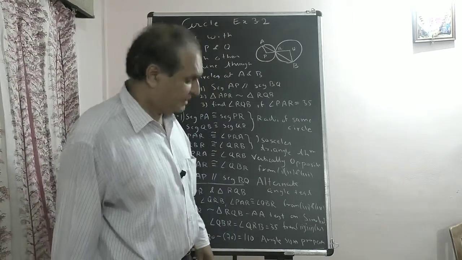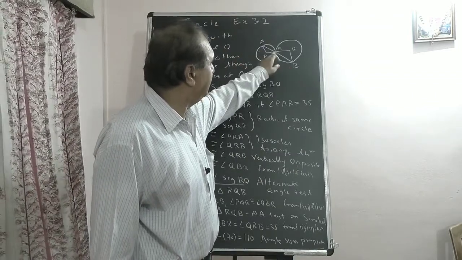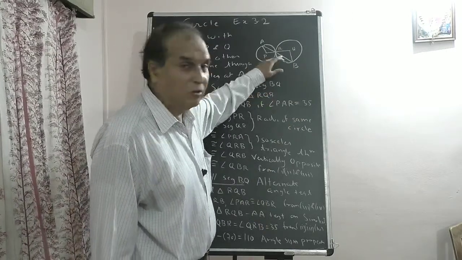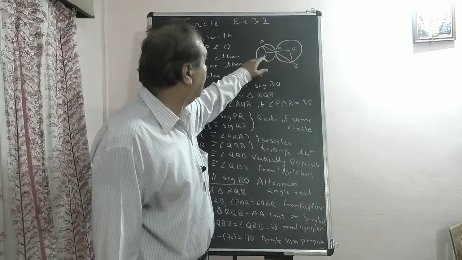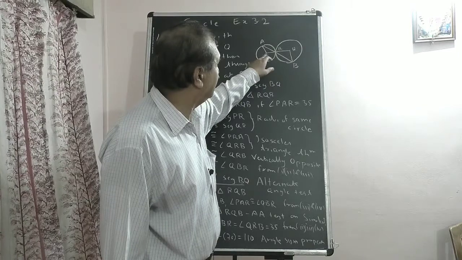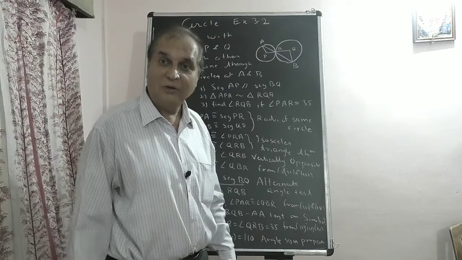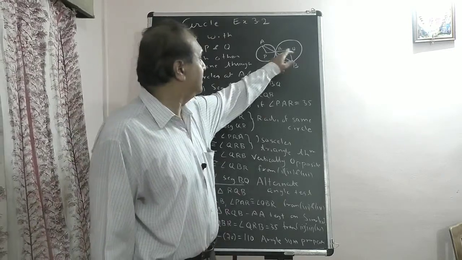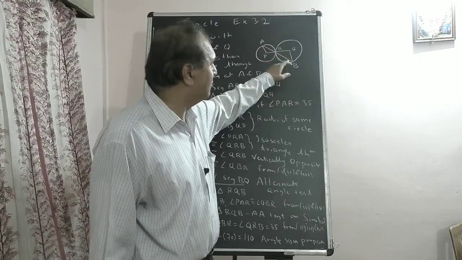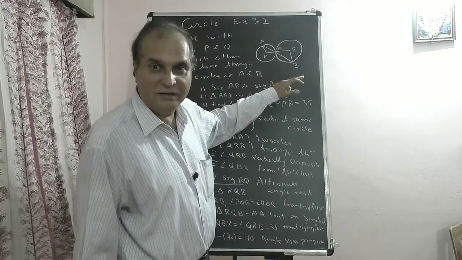Before understanding, see, angle PRA and angle BRQ are vertically opposite angles. So they are congruent. Vertically opposite angles are congruent. And PA equals PR, radii of the same circle. So angle PAR equals angle PRA, by the isosceles triangle theorem: if two sides are congruent, their opposite angles are congruent. Similarly, QR is congruent to QB, radii of the same circle. So by the isosceles triangle theorem, angle QRB equals angle QBR. So all four angles are equal.